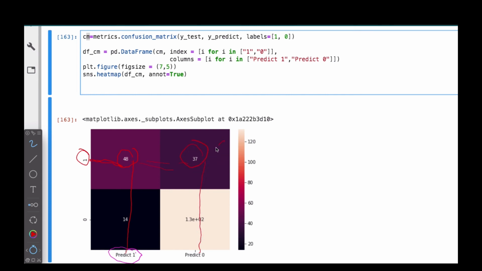So these ones were wrongly predicted. My model was able to predict 48 of the ones as 1, so it predicts 1 and then 1. Where they meet is the correct prediction. Out of the ones, 37 of them I predicted as 0, but actually they were supposed to be predicted as 1, so my model was making a mistake here. In the same way, if we take the zeros, my model was able to predict